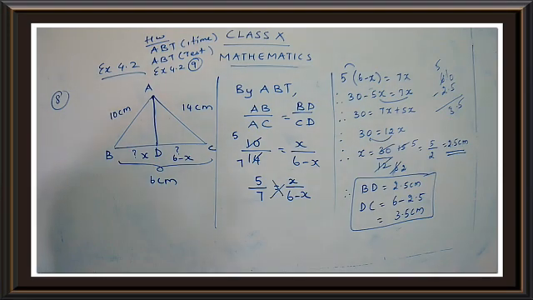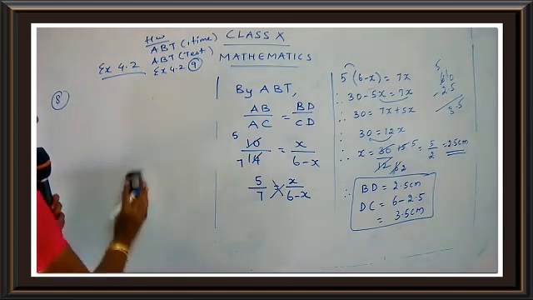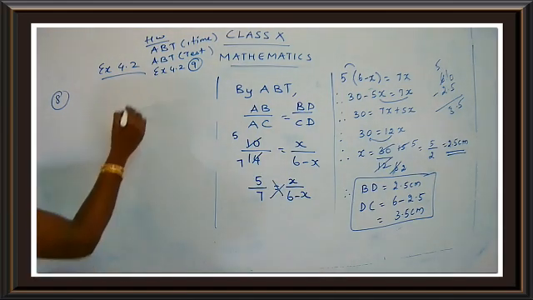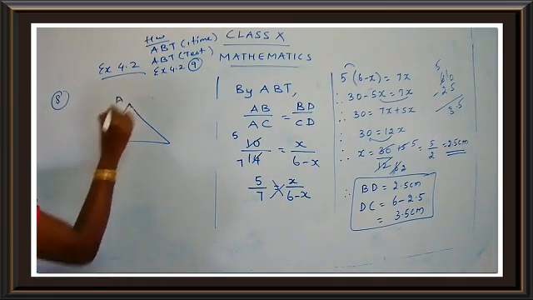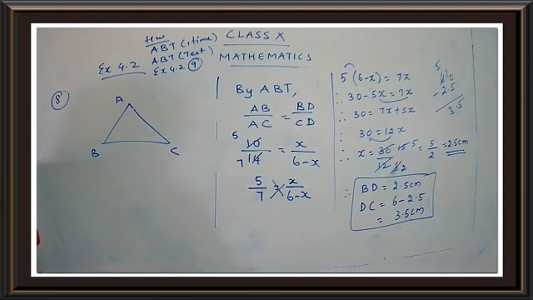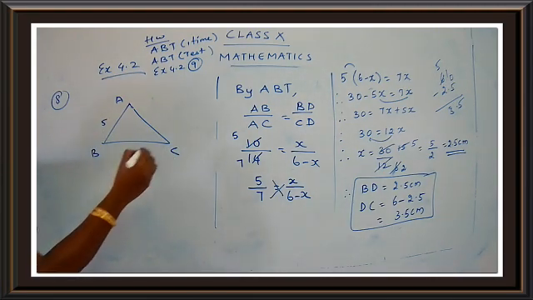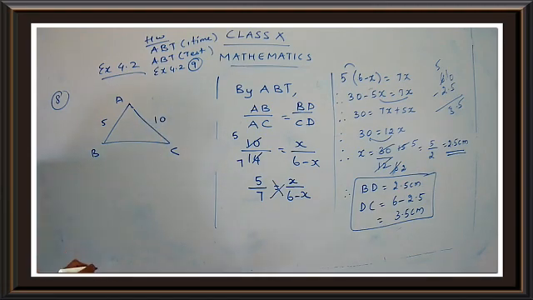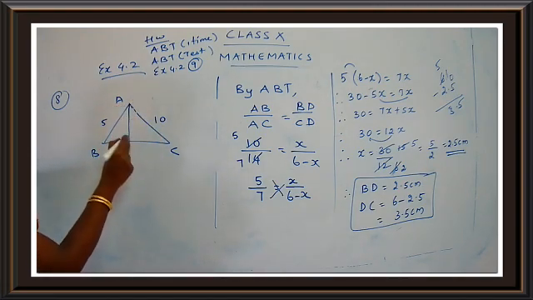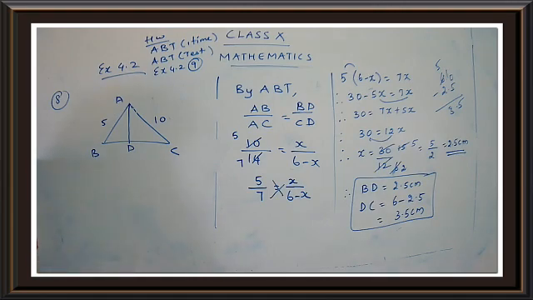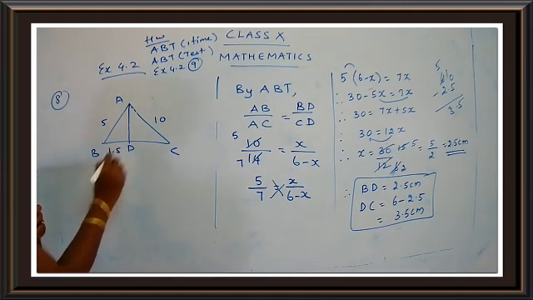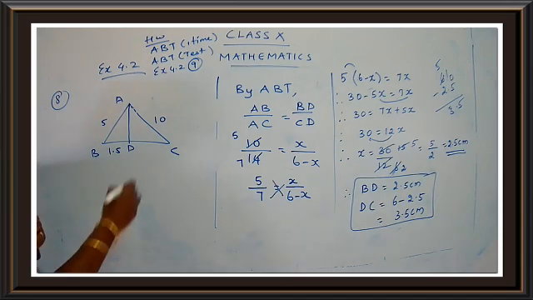Okay. So for a triangle ABC, I just give you a hint how to do. So first of all, you draw a triangle ABC. For both the parts, you draw the triangle. Now what is given to you? AB is 5. AC is 10. This is given to you. They are asking you to check whether AD is a bisector of angle A. And they have also given you the measurement of BD. And DC is also given to you as 3.5.